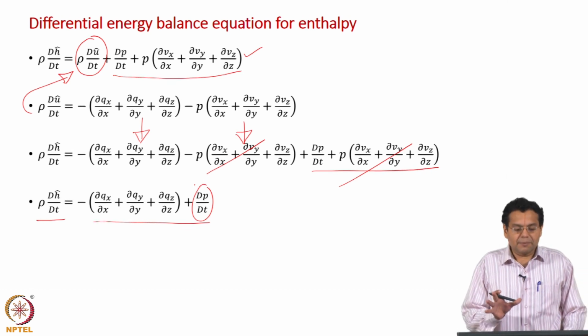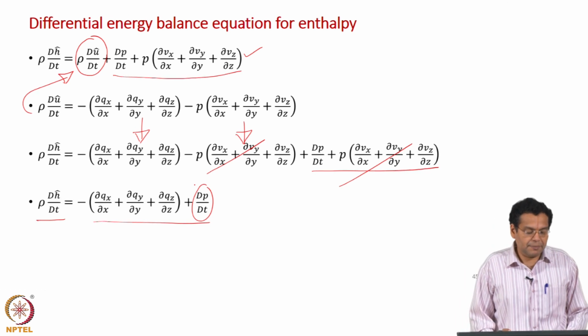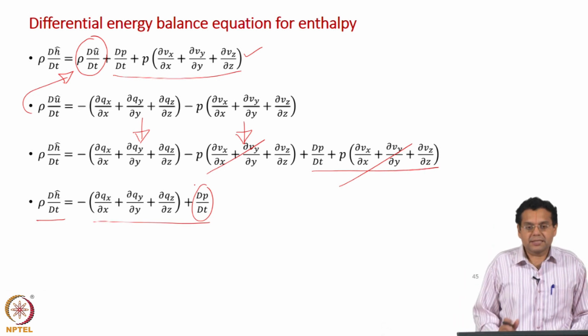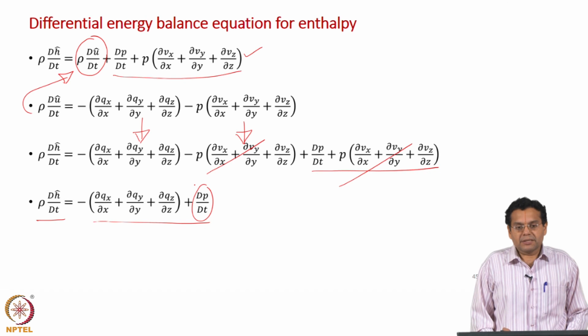So, now we will be really convinced about the discussion on substantial derivative in the beginning part of the course. We have been looking at limited scope; we have come across only d by dt of density for the continuity equation, and d by dt of velocity. But now, in the derivation of the energy balance, we have come across substantial derivatives of different variables: energy, pressure, etc.